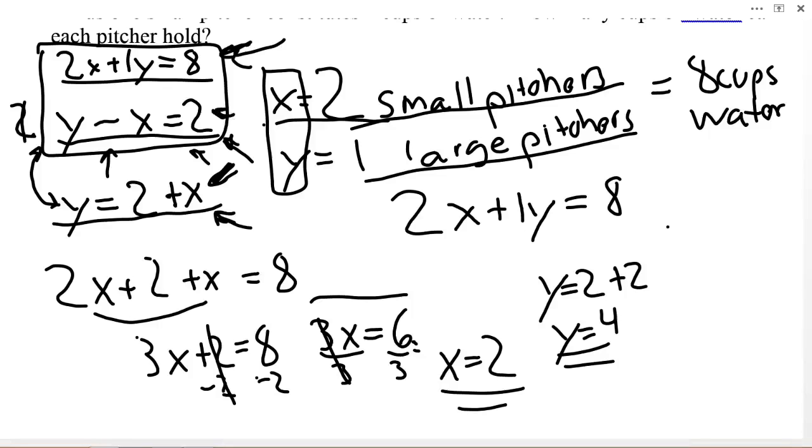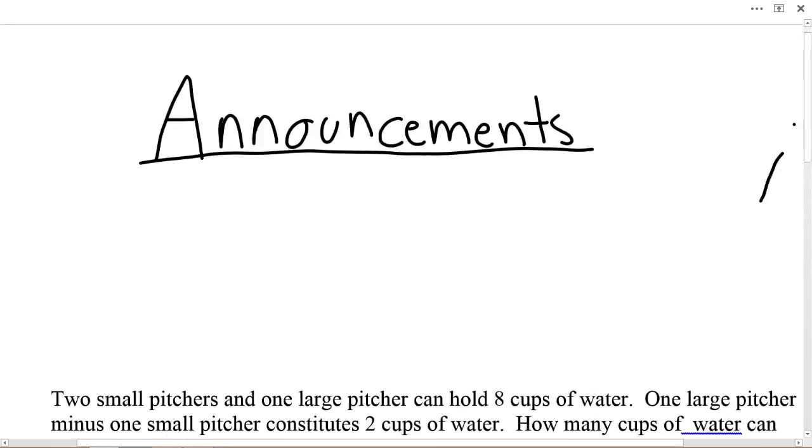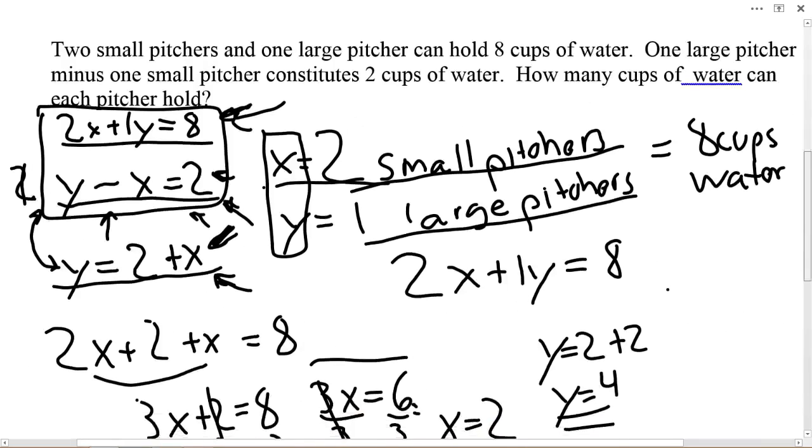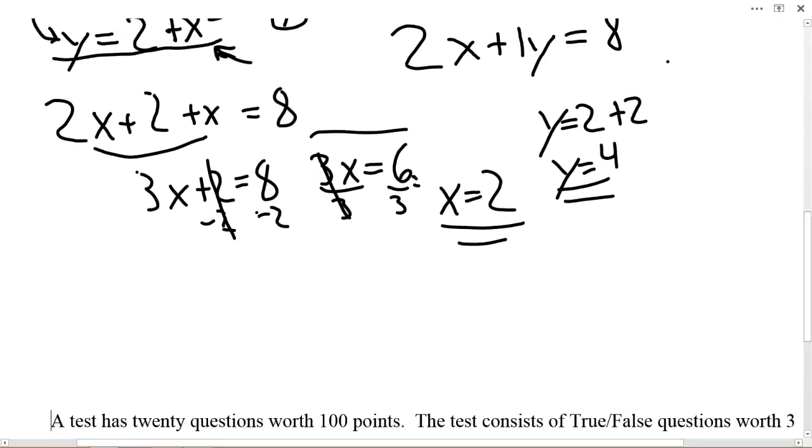So in this situation, since this is a word problem, you guys, I don't want you to write this in an ordered pair or leave it as x equals 2 or y equals 4, because I'm not going to know what you're talking about in the homework. So I want you to write it out for me, all right? Let me scroll down a little bit so I have some room. So if x is 2, remember we said x is the small pitcher, so let's write down small pitcher